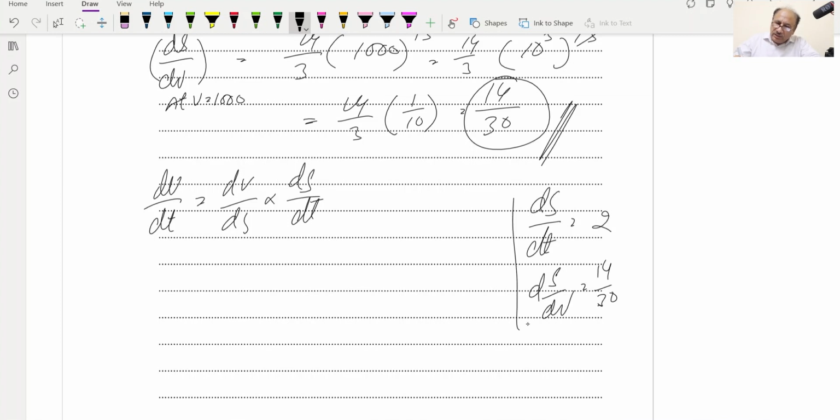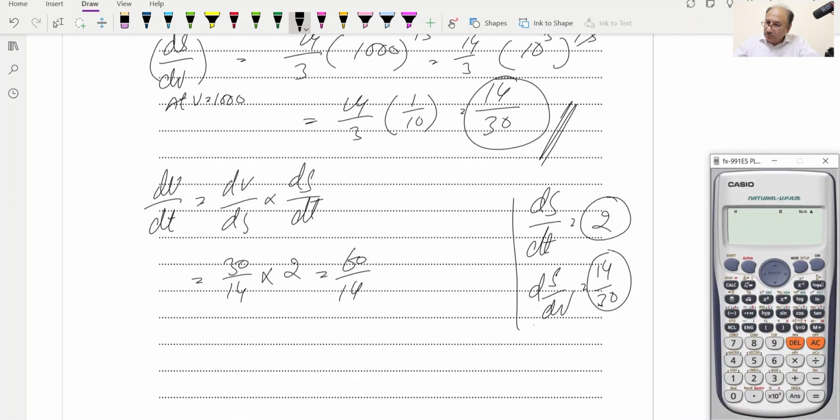So we will utilize these two values in the chain rule, and dv over ds will be the reciprocal of this term, which is 30 over 14 into ds over dt, which is 2, so into 2, this will be equal to 60 over 14, and 60 divided by 14 is equal to